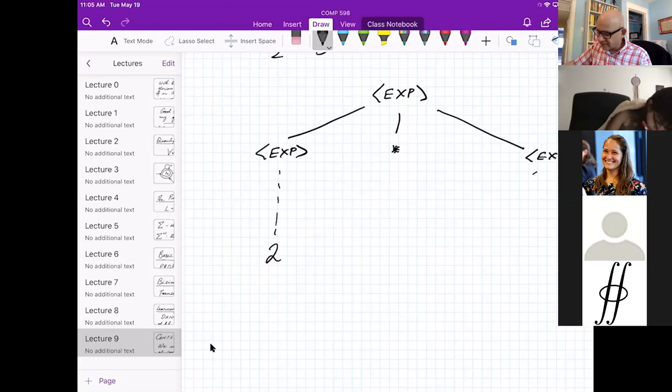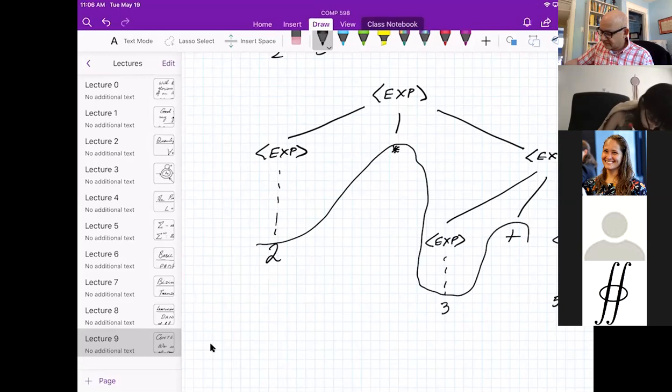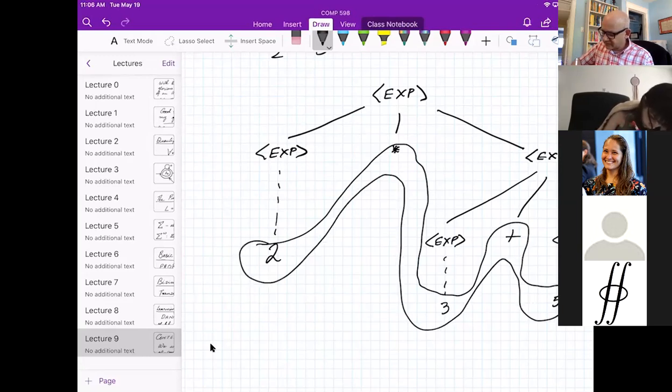Meanwhile, for this one, we'll say exp plus exp, and this becomes the 3, and this becomes the 5, and now the yield, if you write it as a string, it's 2 times 3 plus 5, so same string,